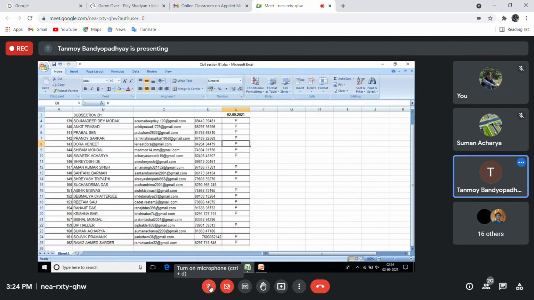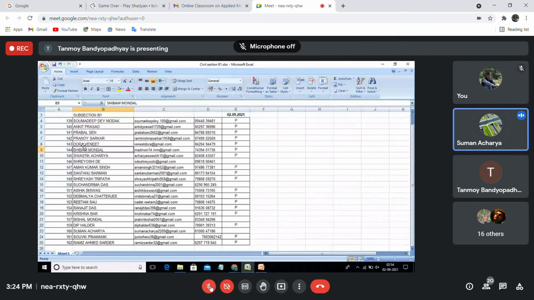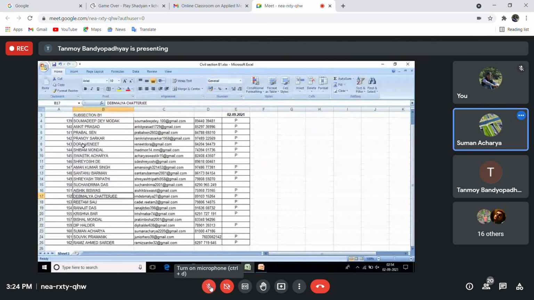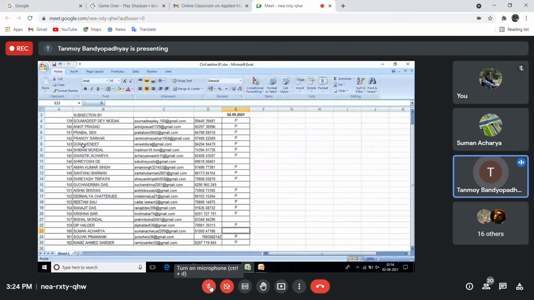ঠিক আছে, কোনো কোশ্চেন বলো। কার রোল কল নিয়ে কে বলছিল? হ্যালো। হ্যালো স্যার, 160, রোল 160, সুমন আচার্য। আর কেউ? ঠিক আছে। হ্যাঁ বলো।